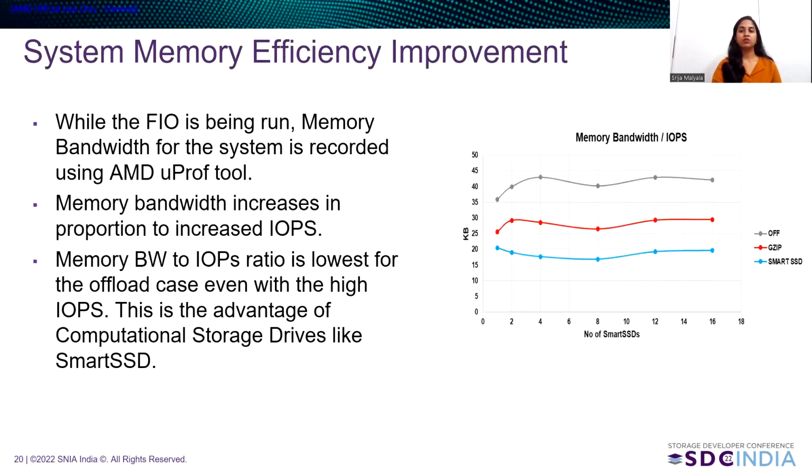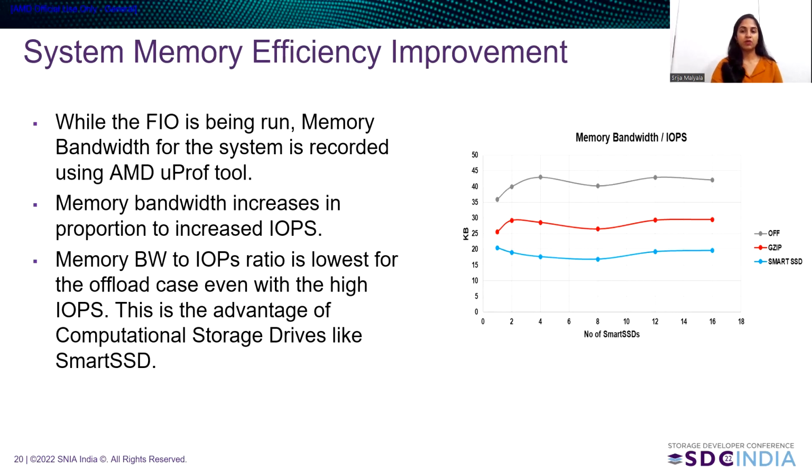Along with the improvements in throughput and CPU resource utilization, we have seen an improvement in the system memory efficiency. This improvement is solely due to the peer-to-peer data transfer. The memory bandwidth increases as the IOPS increases. As you can see in the plot, the ratio in the case of compression offload is at the lowest